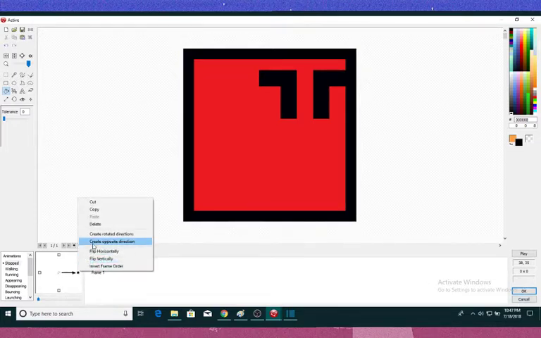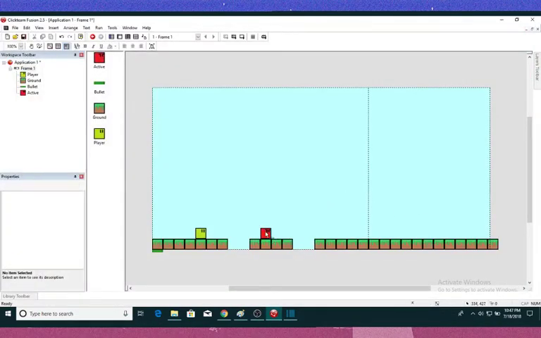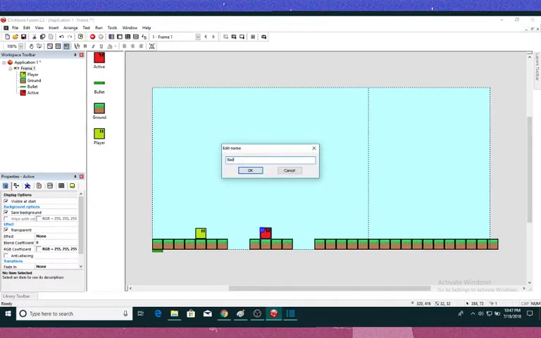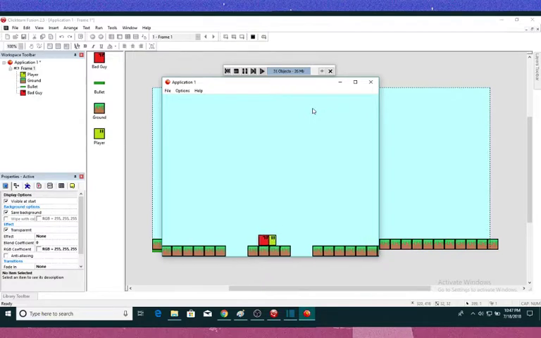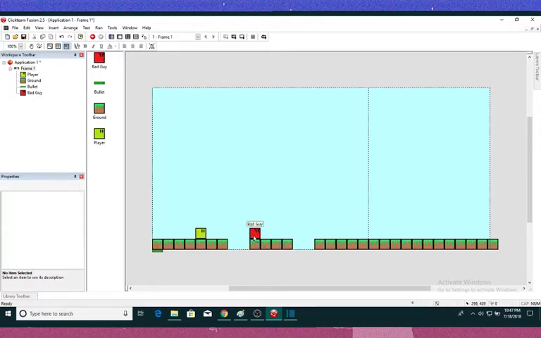And let's do what we did last time with our player character. And here we have our enemy. And I'm going to rename him to Bad Guy. And when we spawn him in, he doesn't do anything. He can't really do anything. We just kind of pass through him. And what we want him to do is go back and forth in an endless loop. So we're going to make him start here and give him a 4-block